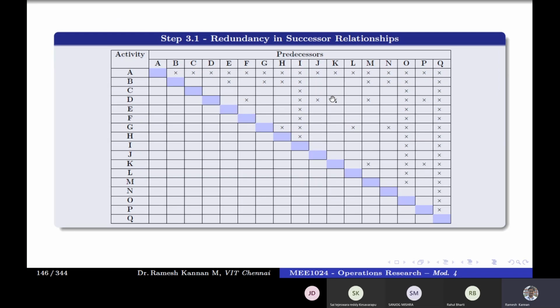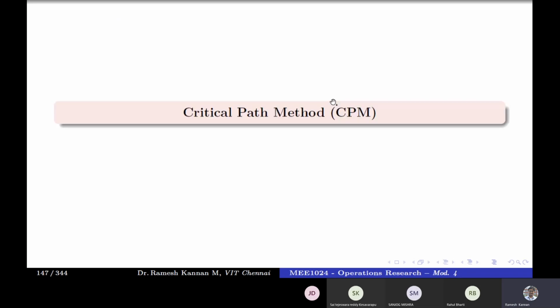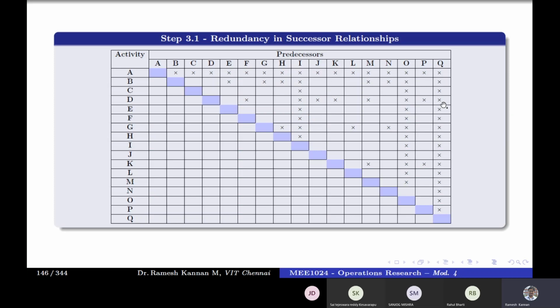I have not done the successor relationship, and probably you can give it a try. If you don't get it, kindly let me know in the next class so that I can tell you how to do successor. It's fairly the same procedure. Or you can watch this video again so that you can understand better the precedence relationship, or how to remove the redundancy in terms of predecessor or successor. Okay.